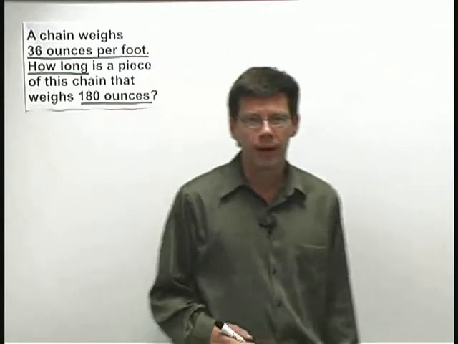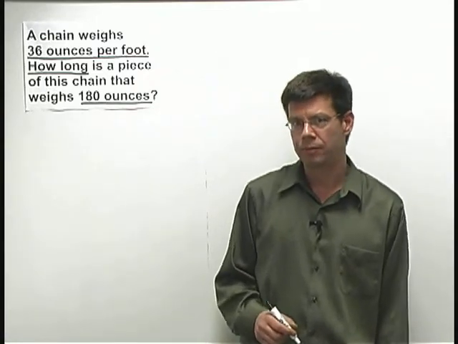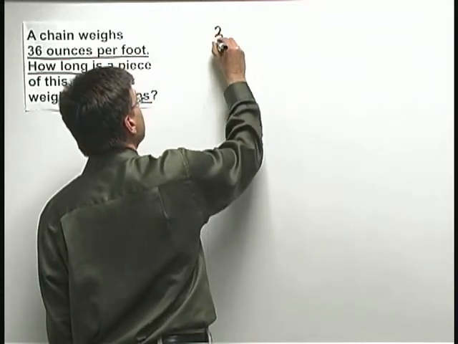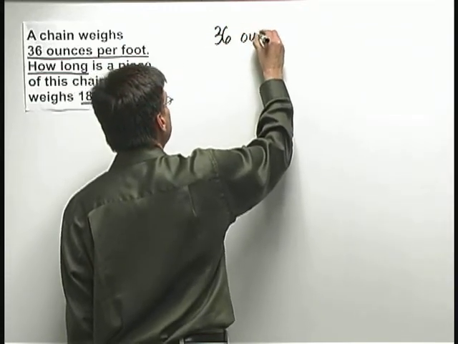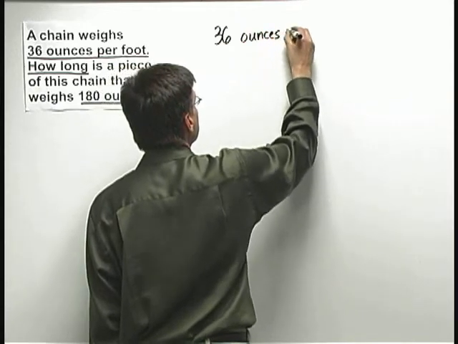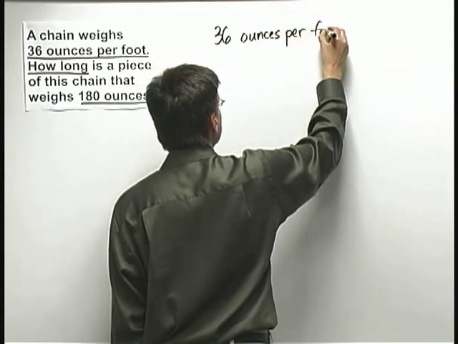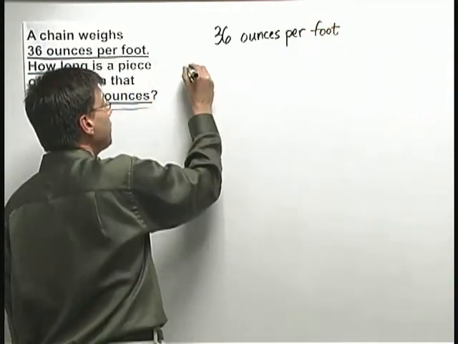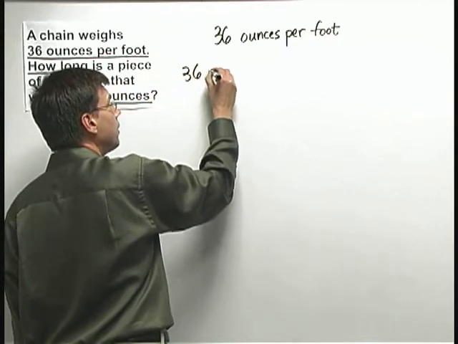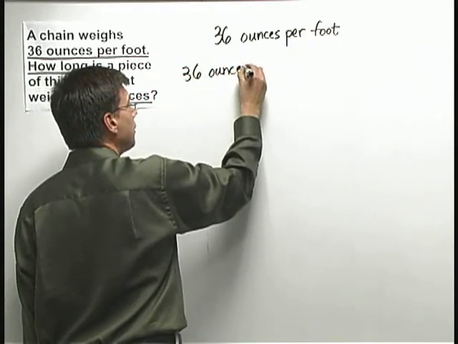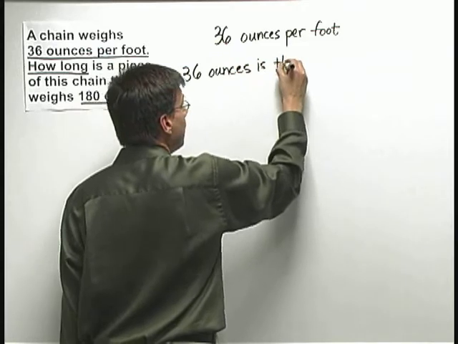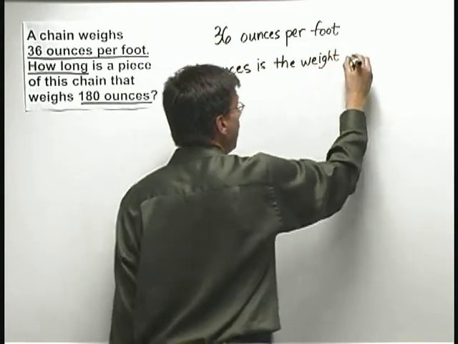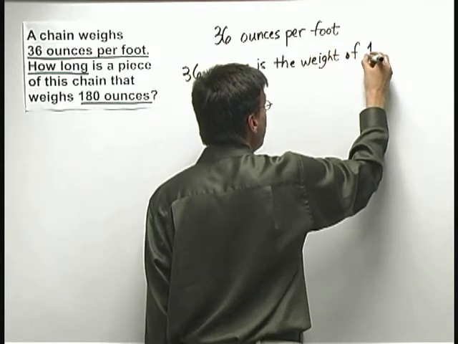So let's use the rate to help us solve this problem. The rate here is 36 ounces per foot. That means that 36 ounces is the weight of 1 foot